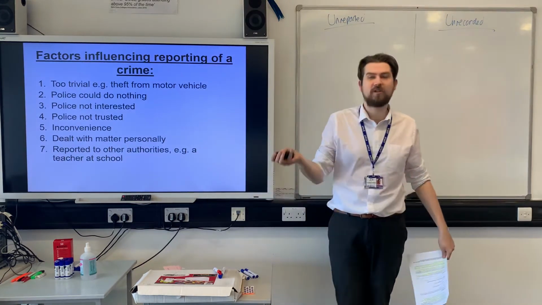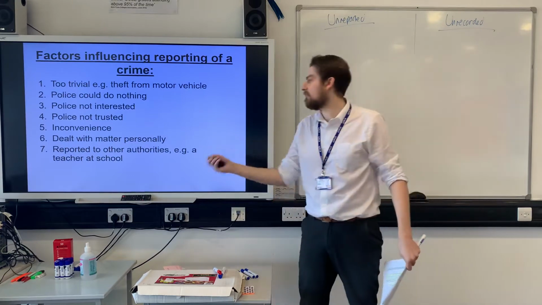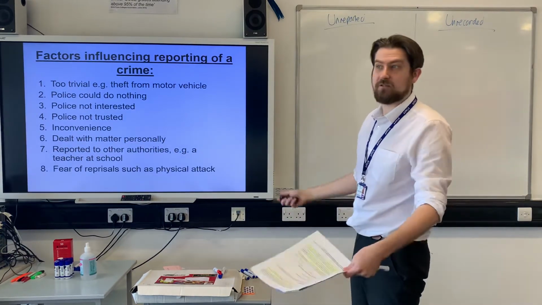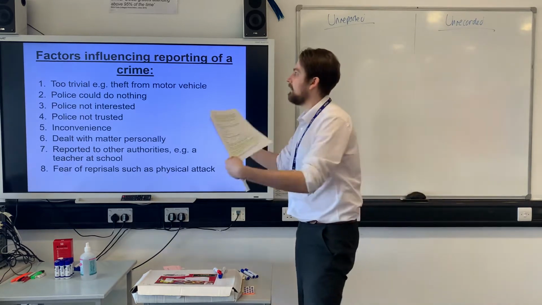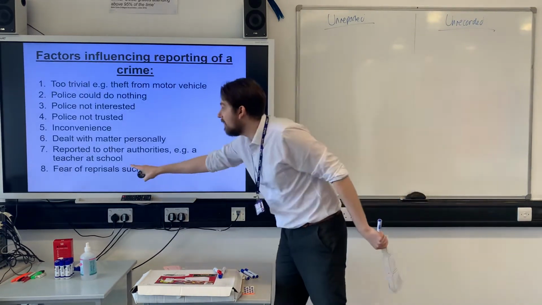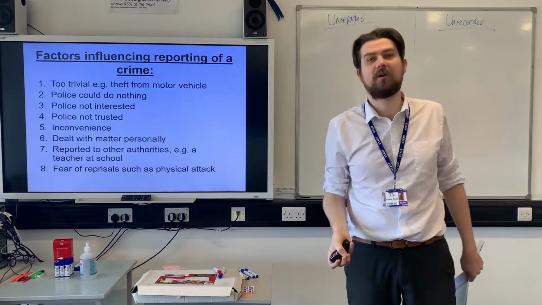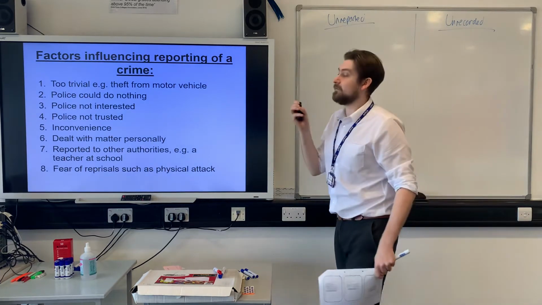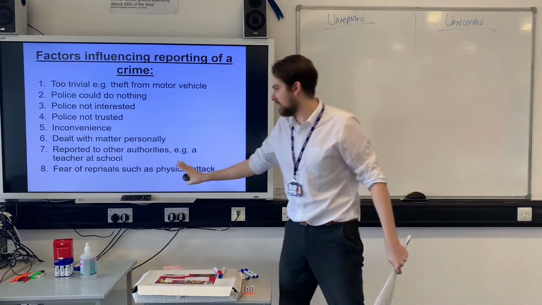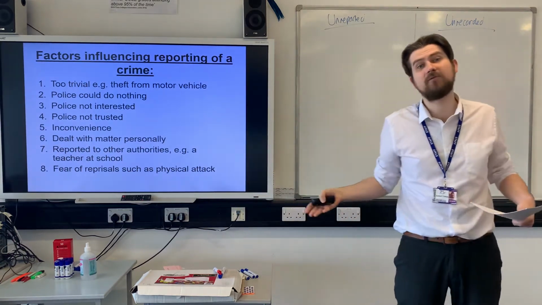You might have got punched in the face on the way home by somebody who's at school with you. You don't report it to the police, you report it to your teacher. Fear of reprisals. You might be scared of what might happen afterwards, or a physical attack. Think about certain crimes where there might be a real risk of reprisal, okay? An unpleasant kind of situation to be in is maybe domestic violence, which falls under this category, because if you're being abused by your spouse or your partner,